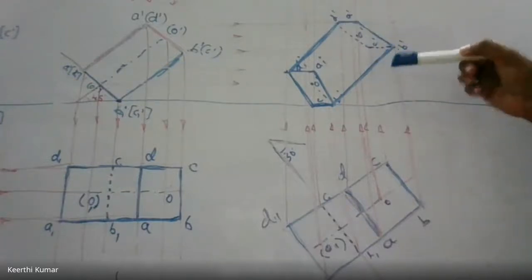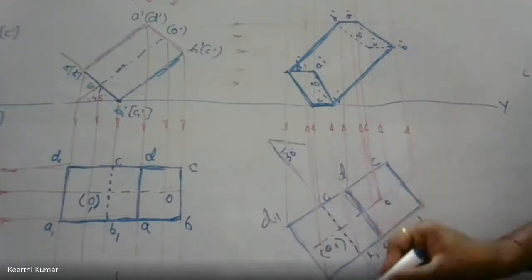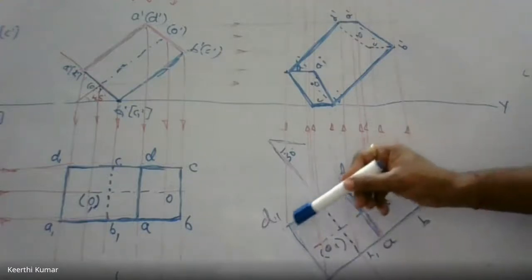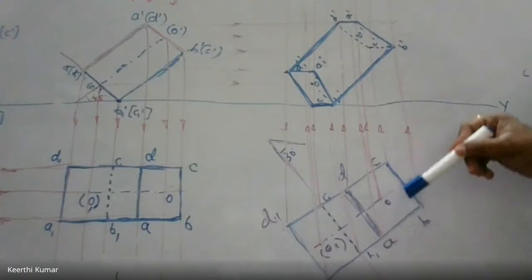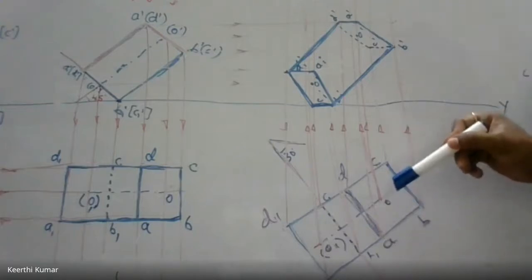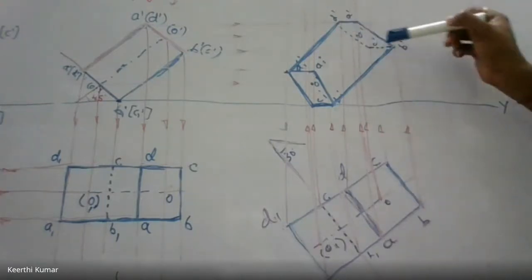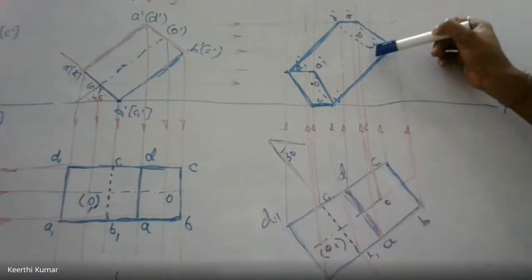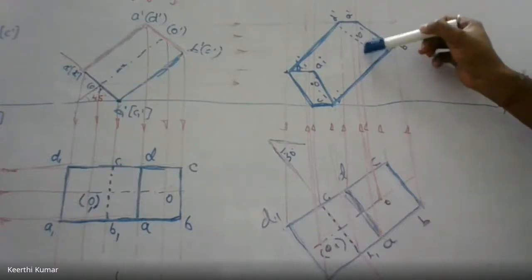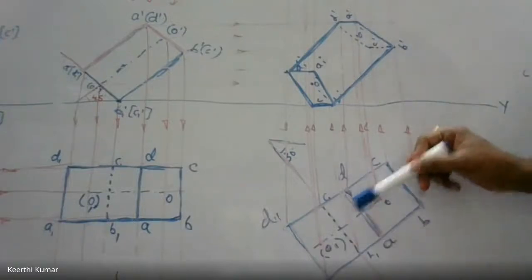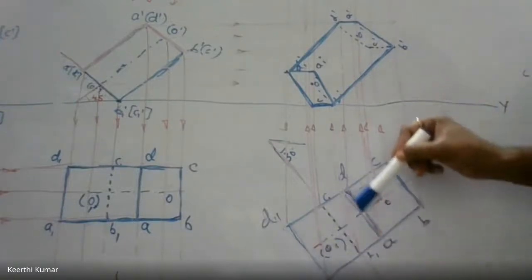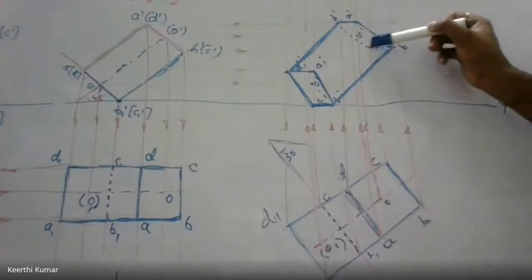To connect those two, we went to observe this figure. If I see from the base, A1, B1, C1, D1 was nearer to us, but A, B, C, D was far away. So for the faces which are far away and left out, that is B to C and C to D, connect with hidden lines. Why connect with hidden? Because if I see this figure from the base, A, B, C, D is far away from us, so I connect with hidden.